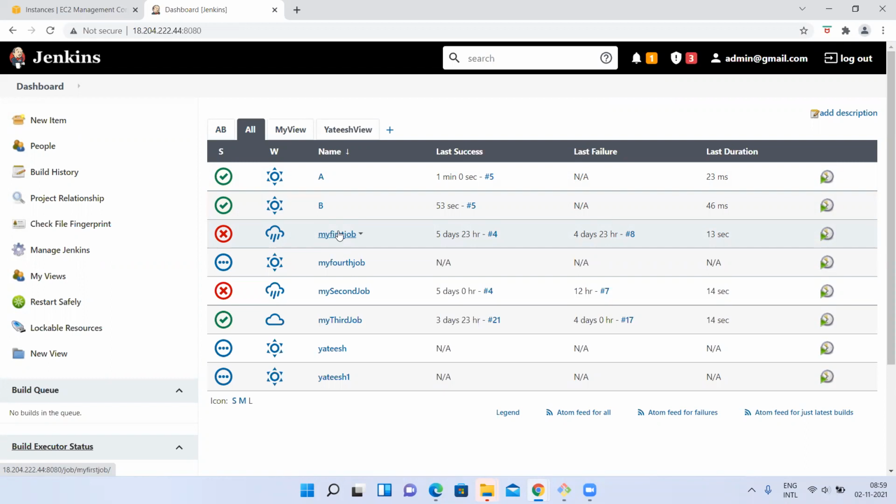Understood, guys? Yes, sir. Sir, is it possible to give only one job, or after A, can B, C, D execute? You can have any number, any chain. You cannot have a circle, but anything else you can have. You can go to C job and mention that C depends on B. So when A triggers, B automatically triggers. As C is depending on B, when B triggers, C will automatically get triggered.